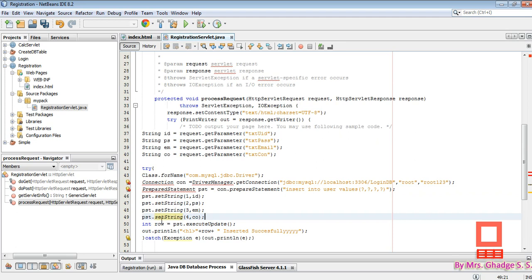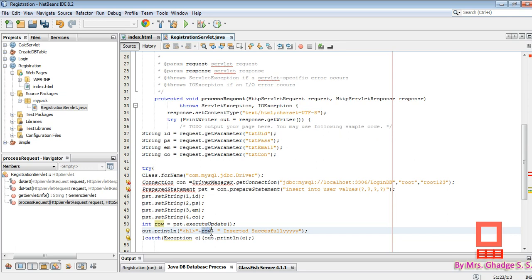The next statement is int row equal to pst.executeUpdate. Here we are going to use the insert query, that's why the method used is executeUpdate, which is a method of pst, that is of the prepared statement. Then we just write one statement, that is one row inserted successfully. For that we have written this statement.